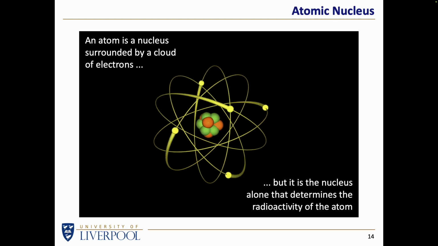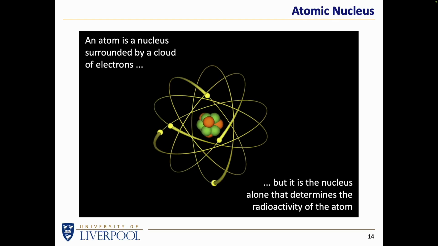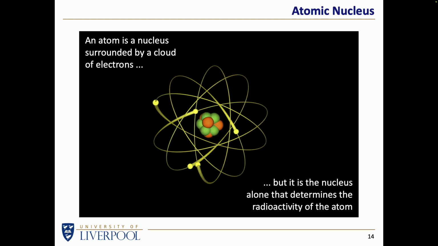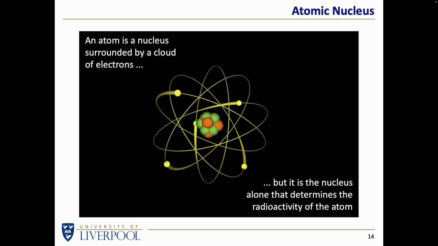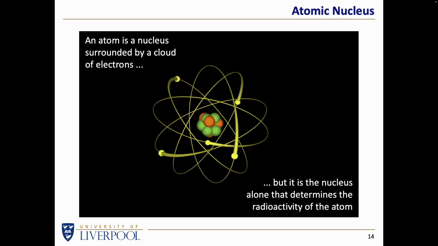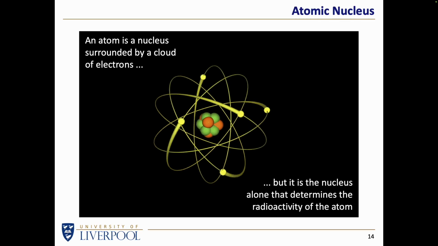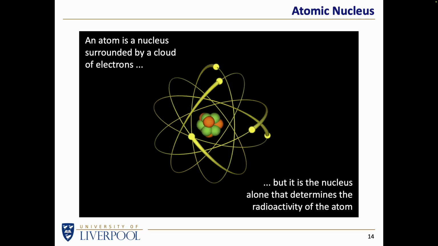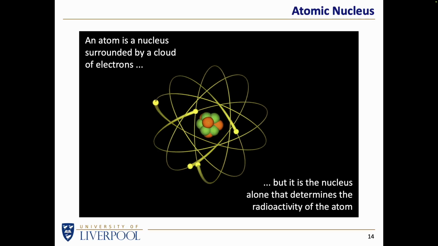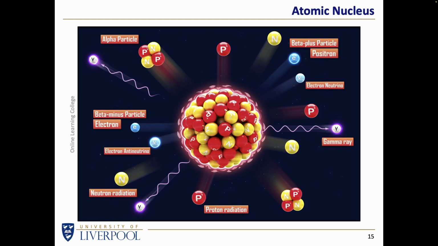You can take an atom and you can take electrons away and you can add electrons to an atom. It doesn't change the nature of the atom. If you take a uranium atom and add electrons or remove electrons, it's still uranium. But if the atom is going to change, then changes must happen within the nucleus, and it's the nucleus that's responsible for radioactive decay. I'm not going to go through all the details, but just to give you a flavor,